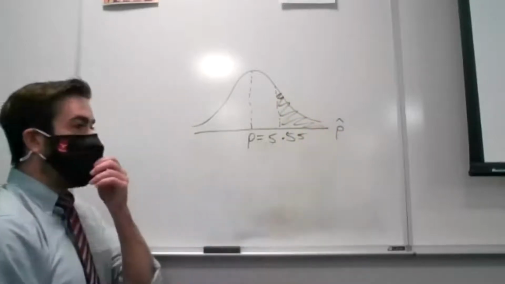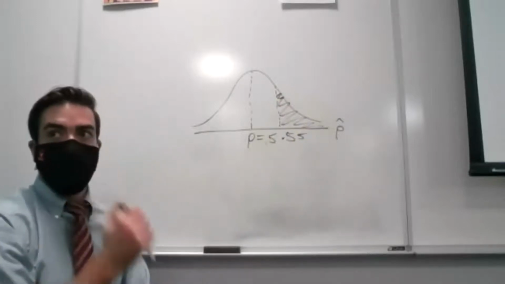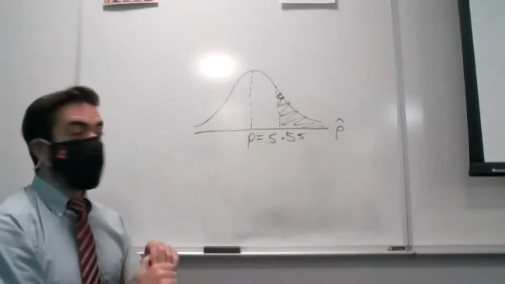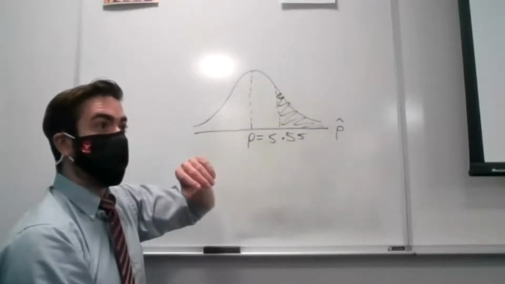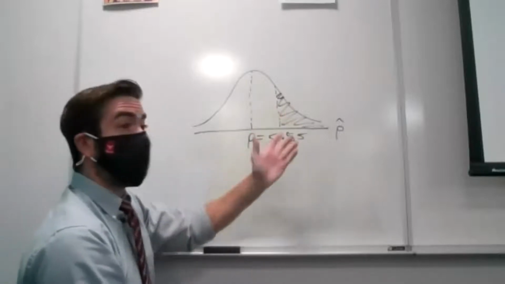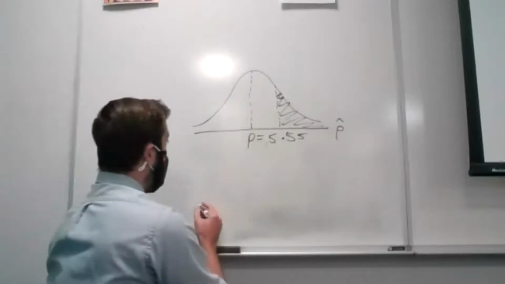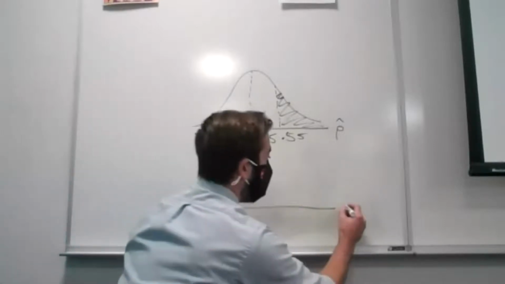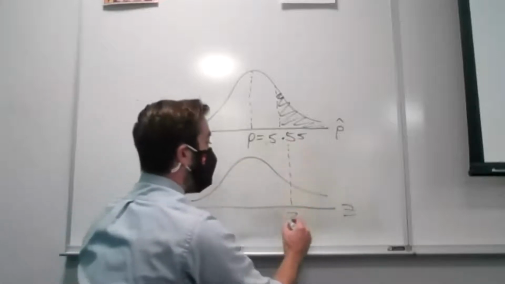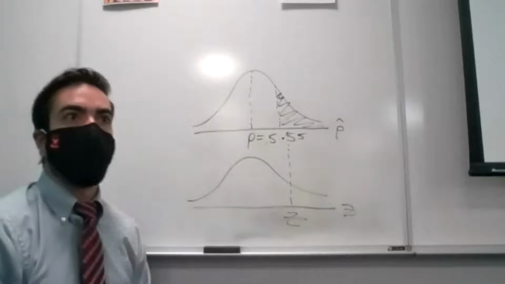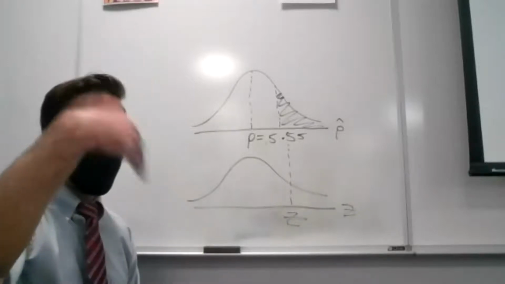So automatically, we know that this probability should be less than what value? The area to the right of the mean would be 0.5, so we want something smaller than that. It's going to be something less than 0.5. How do we actually find it? Well, we can convert that value of 0.55 into a z-score. How do we do that? We just have that equation that I just showed you.